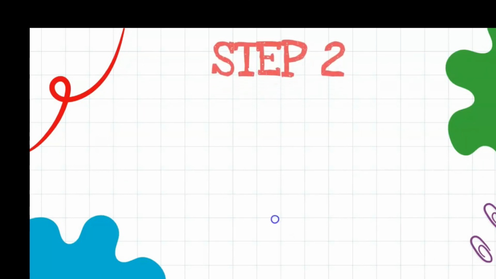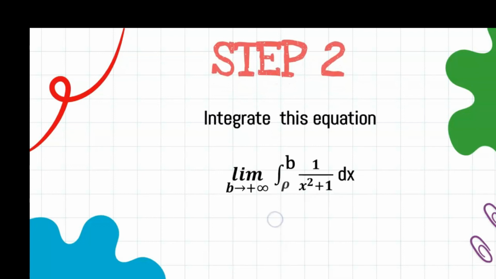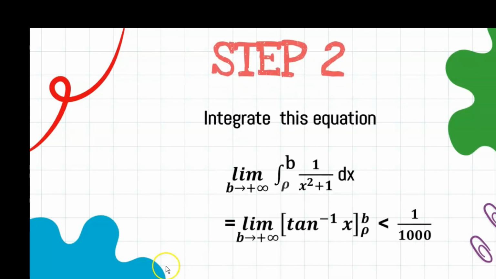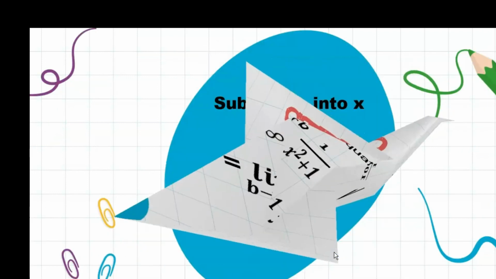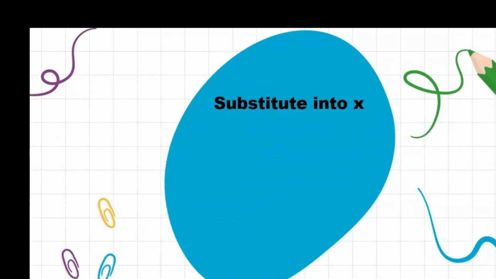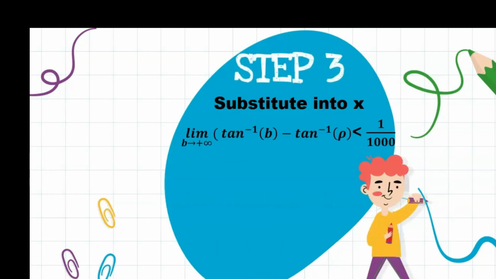Step 2. We need to integrate this equation. After we integrate this equation, we get this value. We use the inverse trigonometry. After that, we need to substitute the values of b and rho into x. After we substitute the values, we get this answer. After that, we need to change the value of b to infinity. Inverse tan of infinity, we get